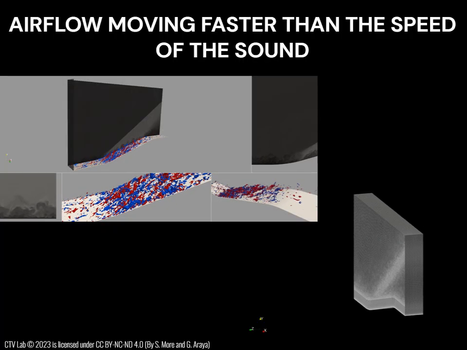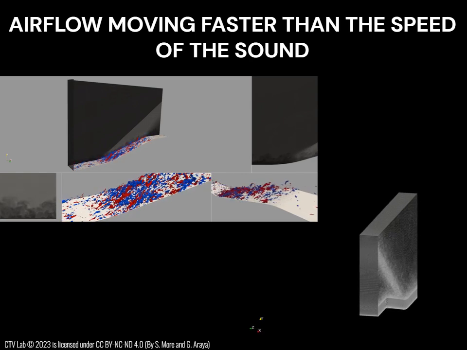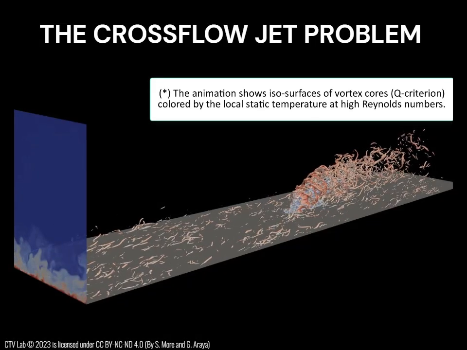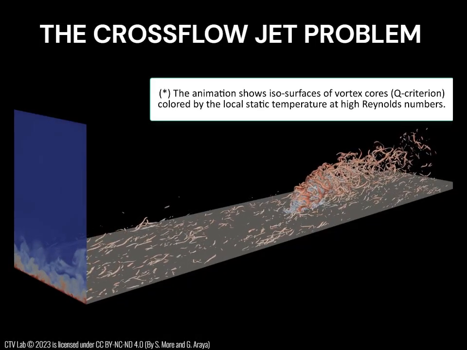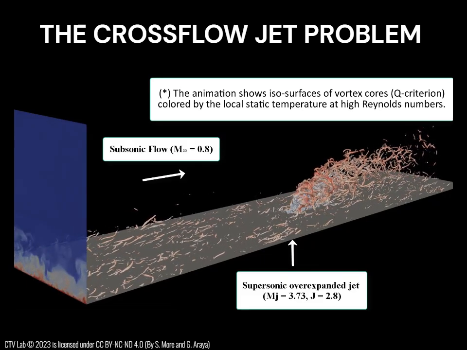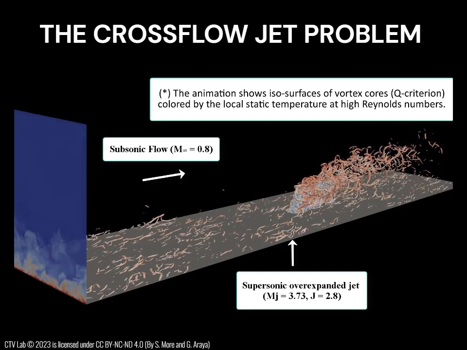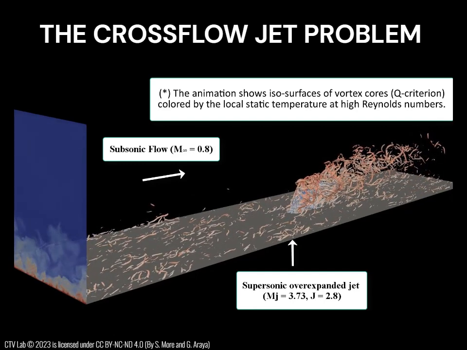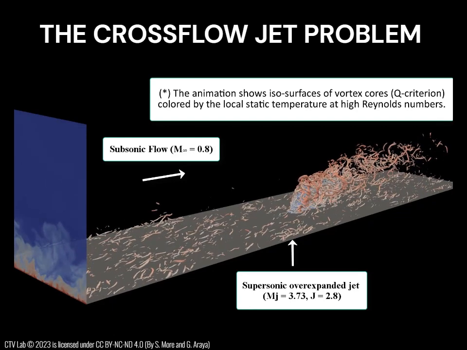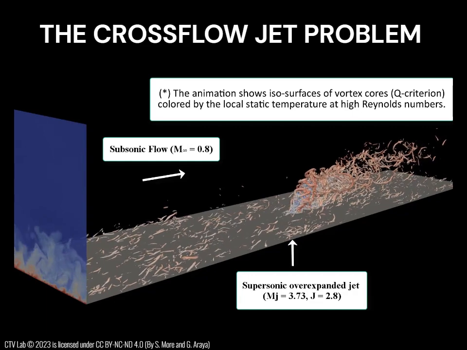On the right, the computer divides the space into about 10 million small pieces to accurately simulate how air moves. A crossflow jet occurs when a jet of air or gas enters an airflow moving in another direction. It is common in aerospace systems like jet engines, rocket thrusters, and fuel injection, where precise mixing and airflow control are essential. To study these flows, scientists use computer simulations that track tiny virtual particles acting as tracers to visualize